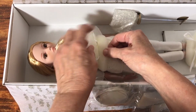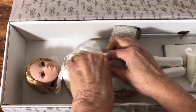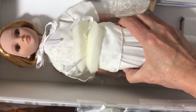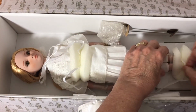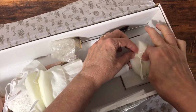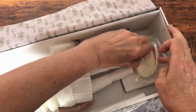So here is a ribbon. It's wrapped around her. Like, she's really in there. Woo! Yeah, she's in there. Let me try this. I don't want to cut the ribbon. And I just...